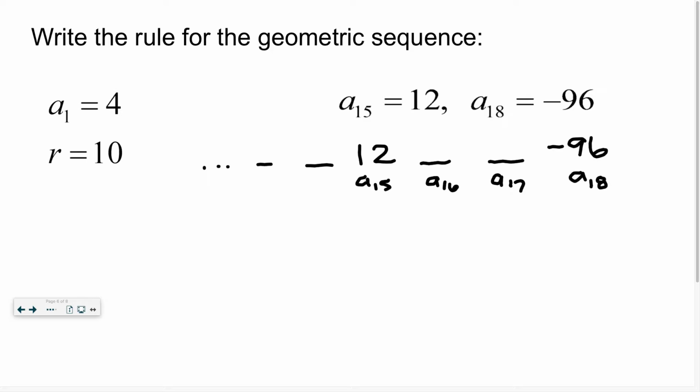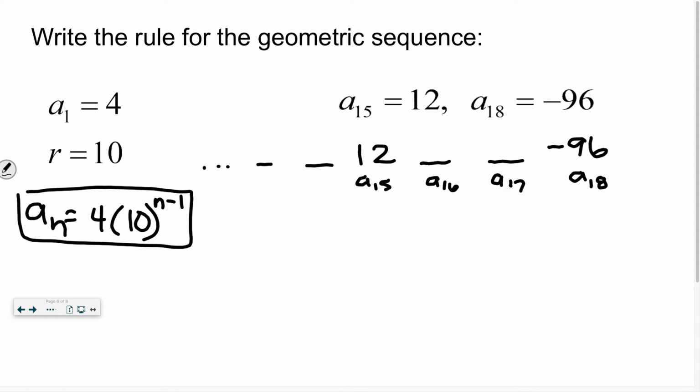Let's come together and chat. We'll start with the one on the left. If I give you a first term and a ratio, can you write a rule? Yes, that is very easy, right? I actually really love geometric sequences if I have the information that I need. It's just 4 times 10 to the n minus 1. Now, you can imagine as we go out, if we're multiplying by 10, these are going to get big really fast, right? Every time we multiply by 10, we'll add a 0 to our number. Okay. All right. On the other one,